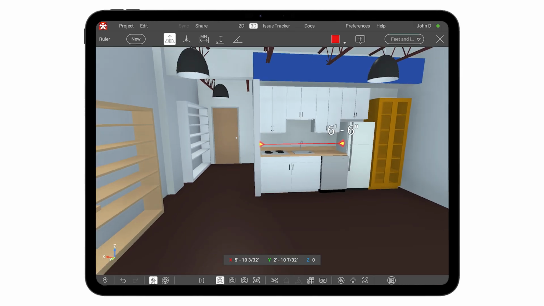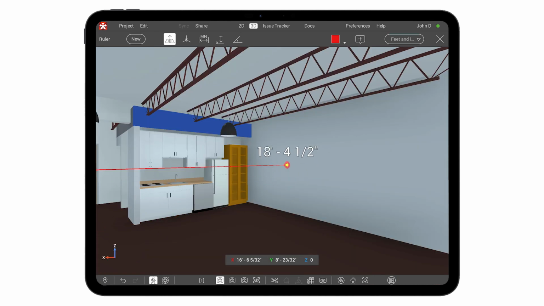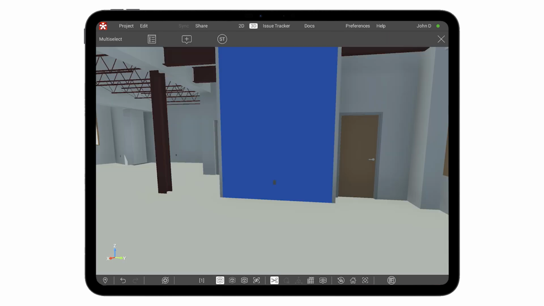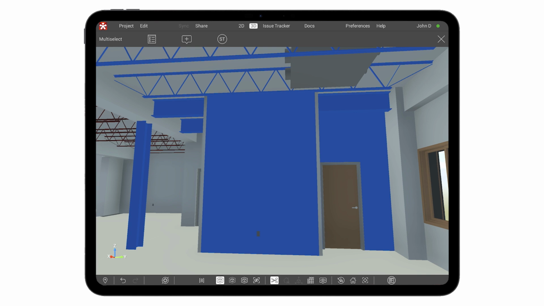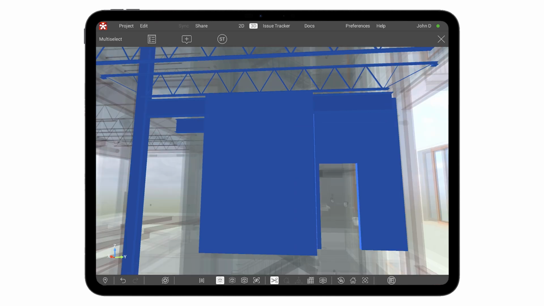My favorite functionality for sure is the screen share feature. And like I had mentioned before, we have our field team using the iPad. So in instances when we have a problem, I get a call on the phone and I say, hey, I'm looking at this area, can you pull it up? I add my screen share to them, and we are actively working through the problem while they're on the phone out in the field. They can see my screen and I can navigate around the model for them,